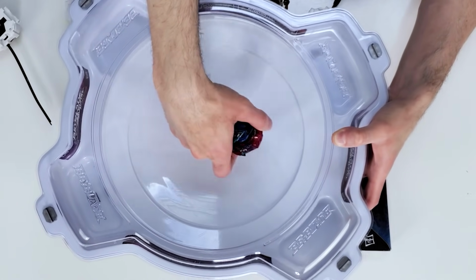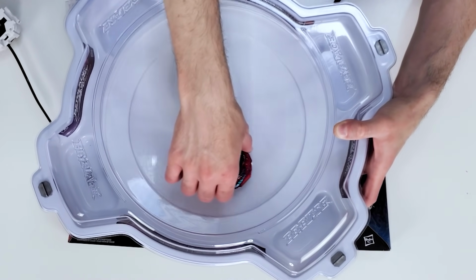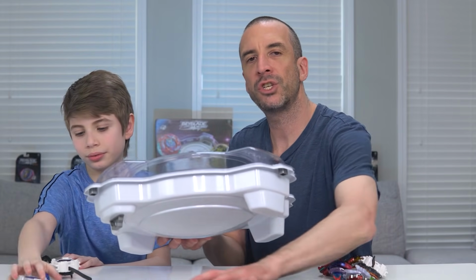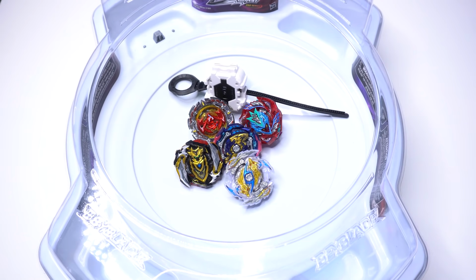So if you have a Bay sitting in here, like a stamina type Bay, and you're coming in with an attack, like a flower pattern, you're basically coming in there and attacking the center of the stadium. So let's show what it's like to battle a Beyblade, and me and the Bugs are gonna go at it. All right, so before we get into battling, let's just go over how to put your